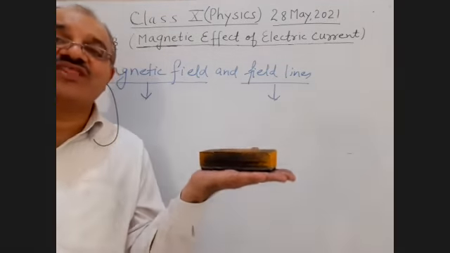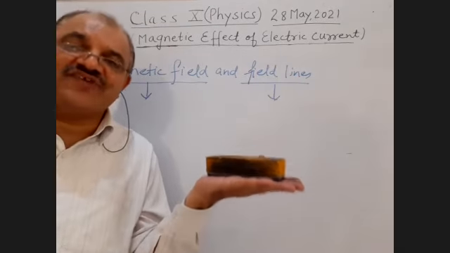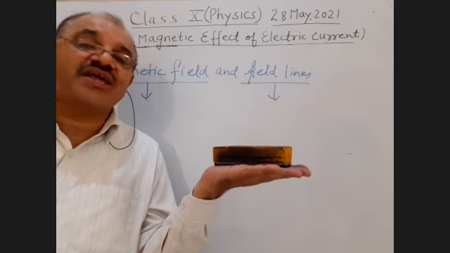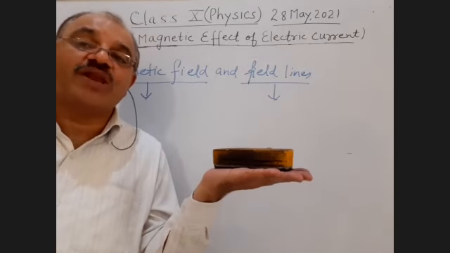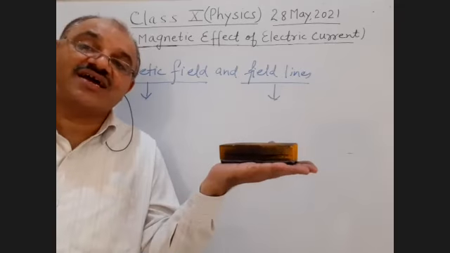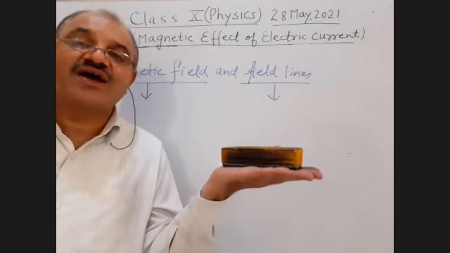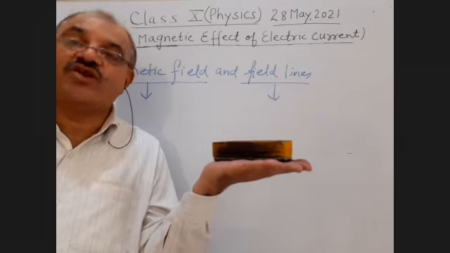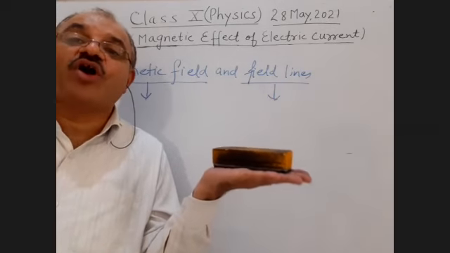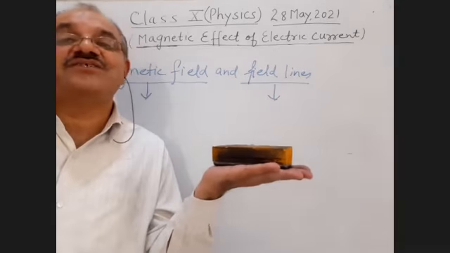If it is within that area, it will definitely attract the pieces of iron. If the small pieces of the iron are taken away from that area or that region or that space or that vicinity, they will not be attracted toward that magnet. It means they are beyond this magnetic field. I think the concept is very clear.